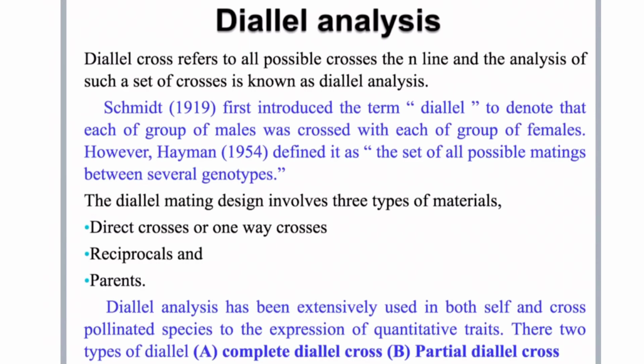So, as we already decided, from today we are going to discuss mating designs, and today's topic is diallel analysis. In this we are going to include what diallel analysis is, how to estimate it, and the types of diallel analysis, which include complete and partial. Complete includes the full diallel analysis, half diallel analysis, and parents with reciprocal crosses, without reciprocal. So we are going to discuss all these things.